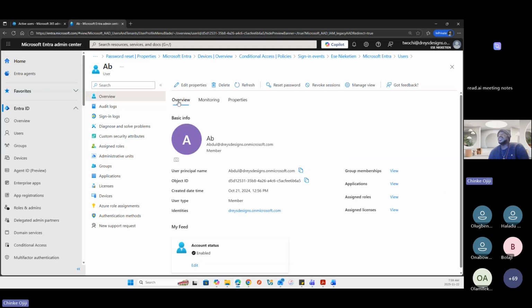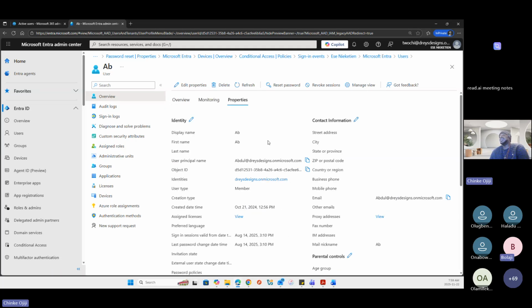We came to overview, and if you click on properties here, I was talking about security defaults and what security default is. So when you create a tenant, a Microsoft 365 organization, by default you have a security default turned on. Now, that security default is what prompts users.